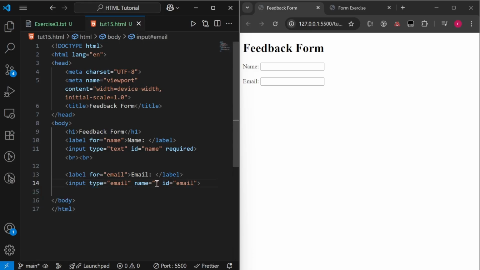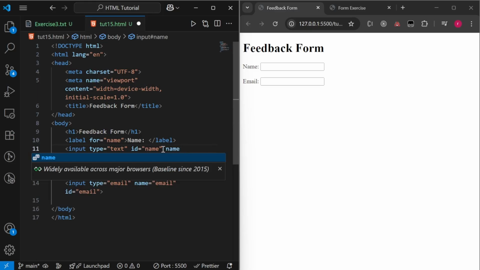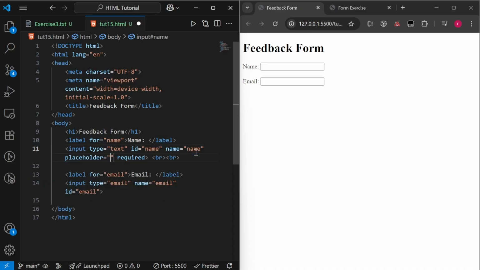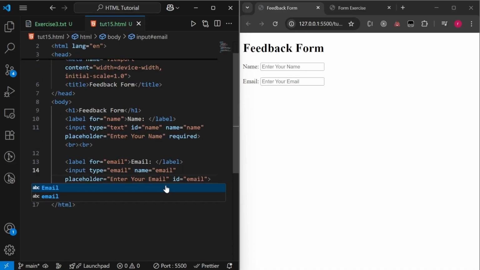Now I am giving one name attribute also to this one, so that when we submit the data it will be used for that purpose. So name for this previous one was name itself, right? Saving this much, and if you want you can even add the placeholders, something like this. Enter your name. Now moving on to the next one. Before that, I'll make this one also required. Okay,